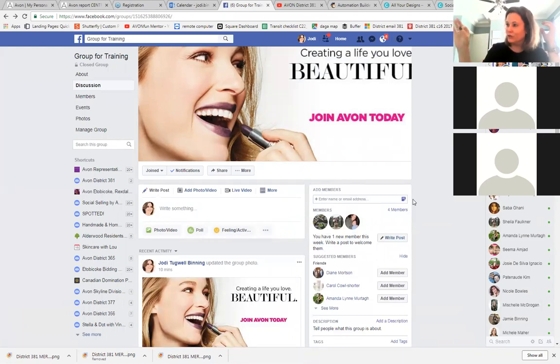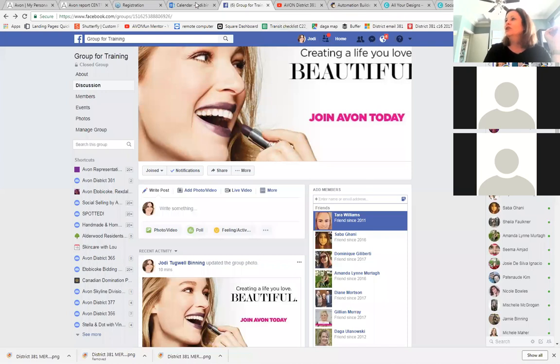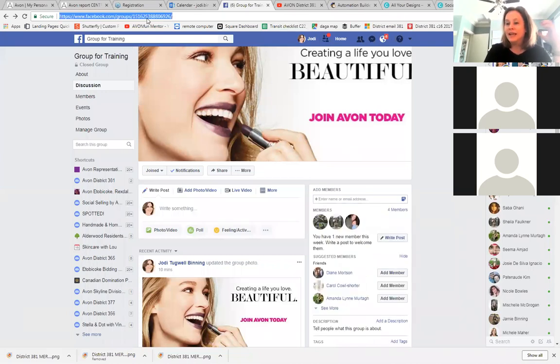Once you get into your group, you're going to go in and you're going to fill in some descriptions and things like that. You're going to start to invite people in. You're going to copy this and invite your customers, and then you're going to fill it with some fun content. Okay? That's it. And make me an admin so that we can play with the